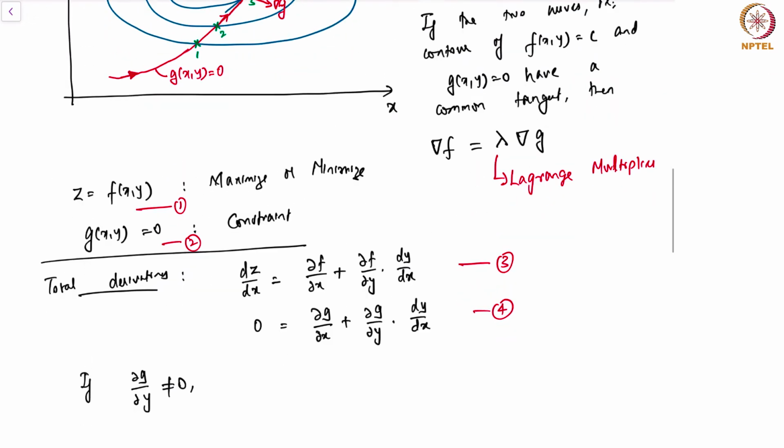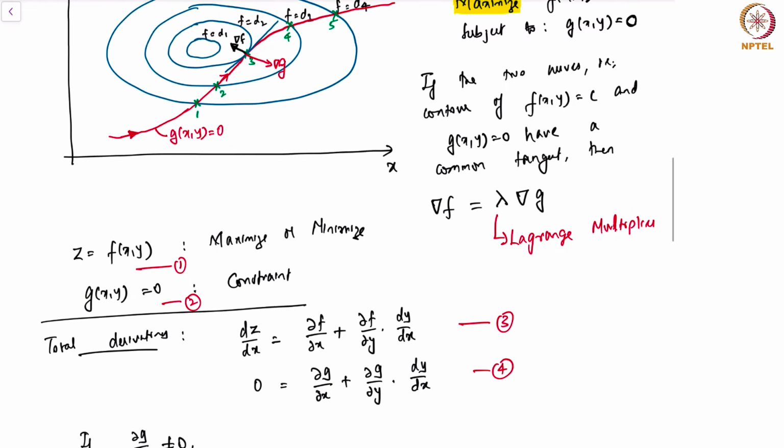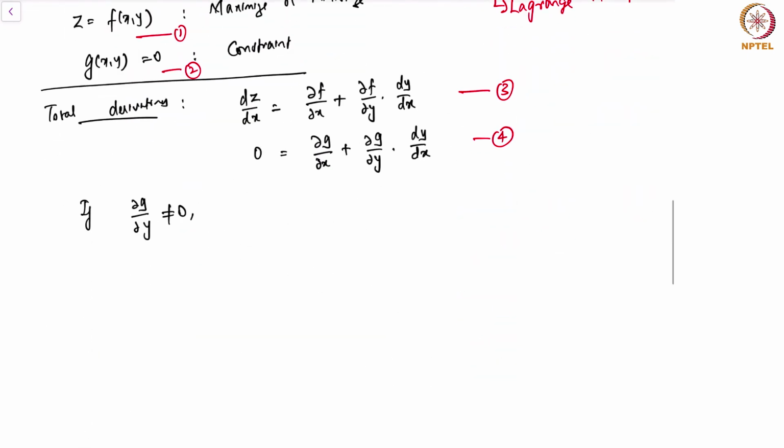It's not equal to 0 as I go on this constraint contour. If that happens, then dy by dx will simply be del g by del x divided by del g by del y. Okay, and on the constraint contour,